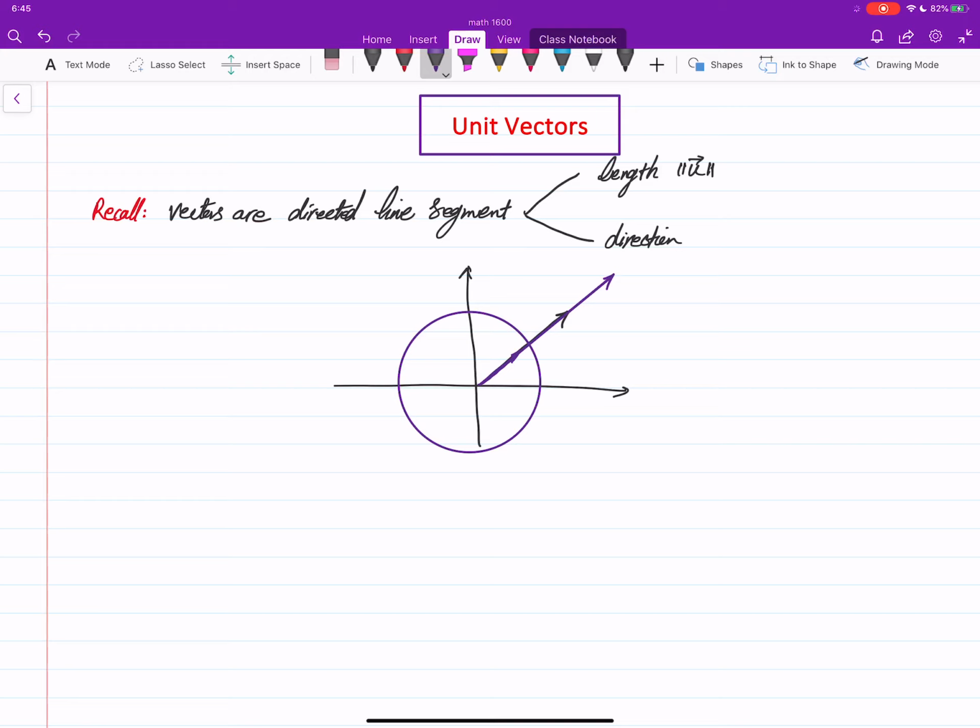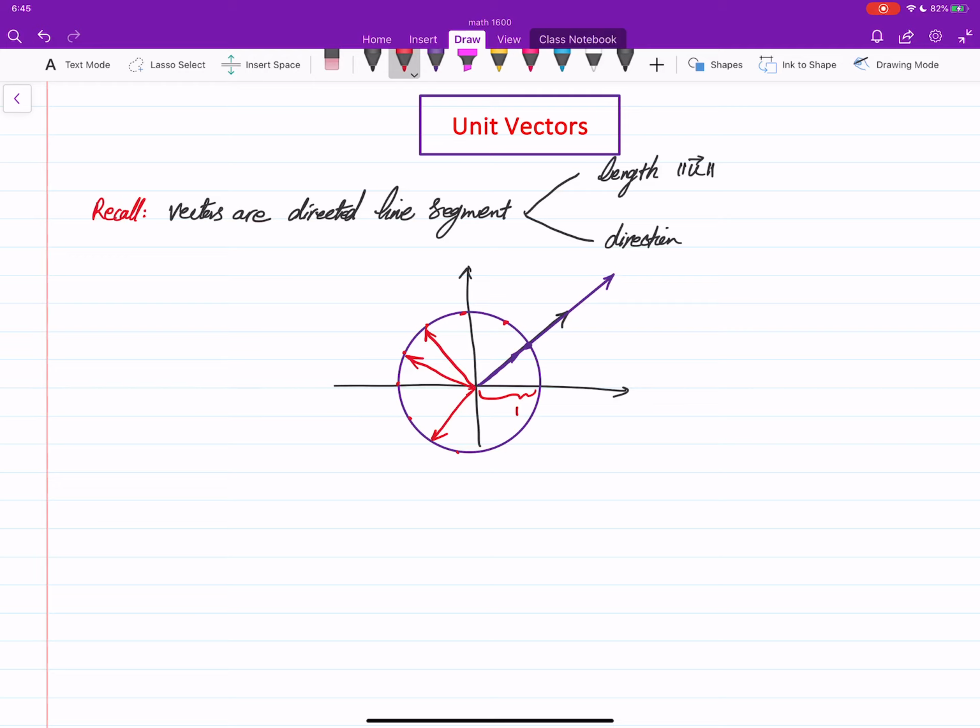And that means that every point on a circle centered at the origin gives us basically one direction. This is one direction. That's another direction. That's another direction. Just to have pure direction, basically what we need to do is choose a point on the